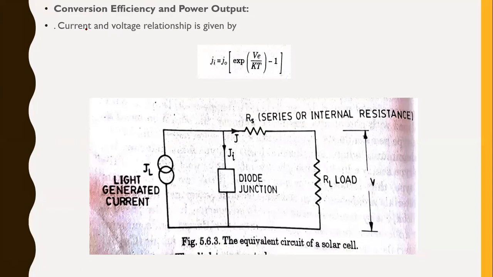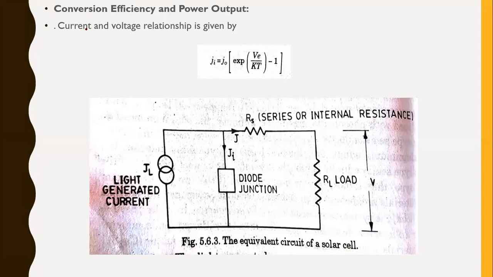Actually, a solar cell usually uses a PN junction. Its physical configuration is shown in the previous slide's figure. We are taking this PN junction and drawing the equivalent circuit